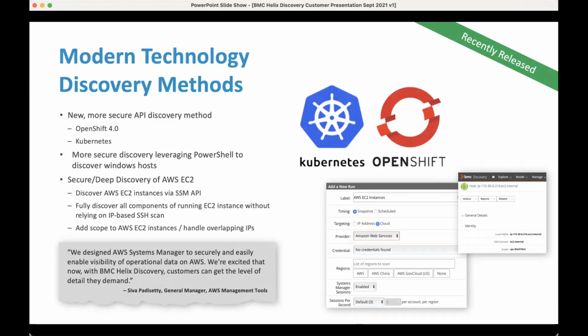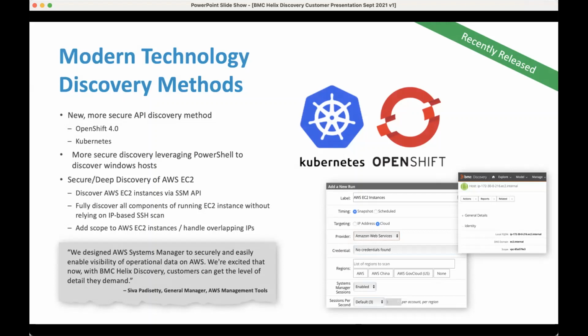This last feature that I want to talk about is when it comes to discovering your EC2 instances in AWS or your virtual machines in Microsoft, anytime you're discovering the IaaS, those are, again, just virtual machines running in the cloud. And we can pull a lot of good information of what those virtual machines are just from the API-based cloud discovery. But in order to understand what's running on those servers, you have to be able to log onto the server. And so with the help of AWS,